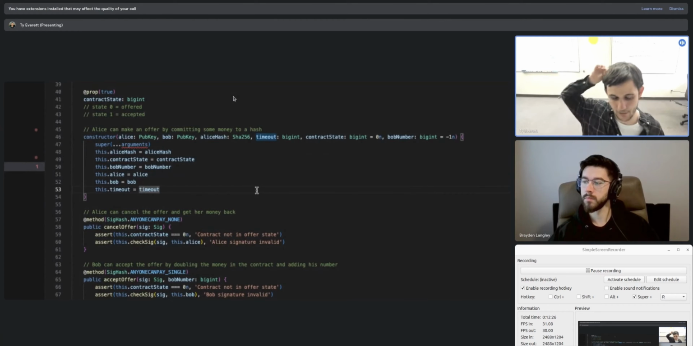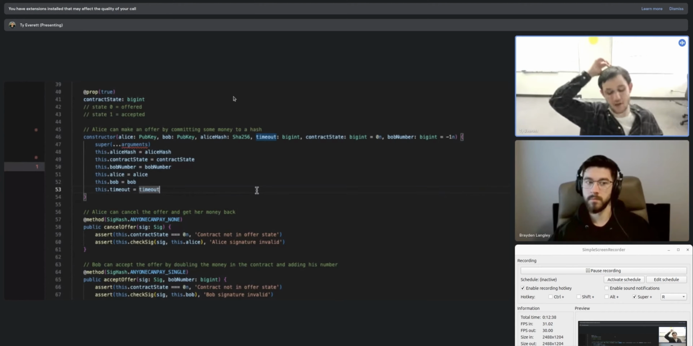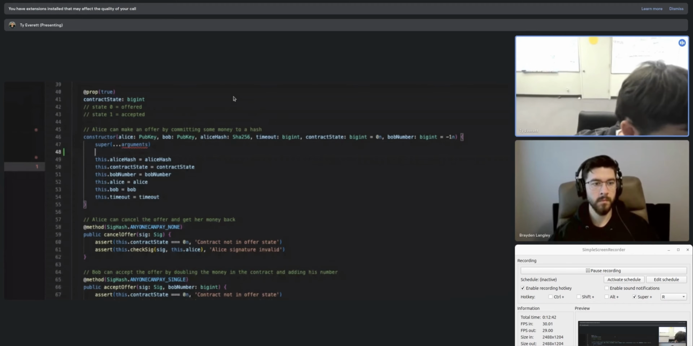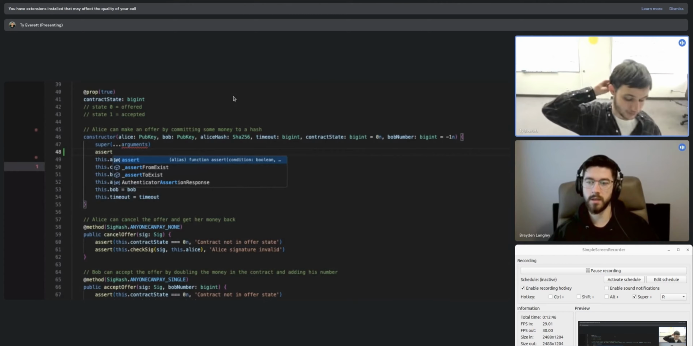A couple of restrictions. No code in the constructor other than assignments to member variables, and you can do assertions as well. So you can say, like, Bob's number must be 1 or 0. Right? I could actually add that assertion right now, and that would be probably a way to make this contract. So I could say assertions are something that what you do when you